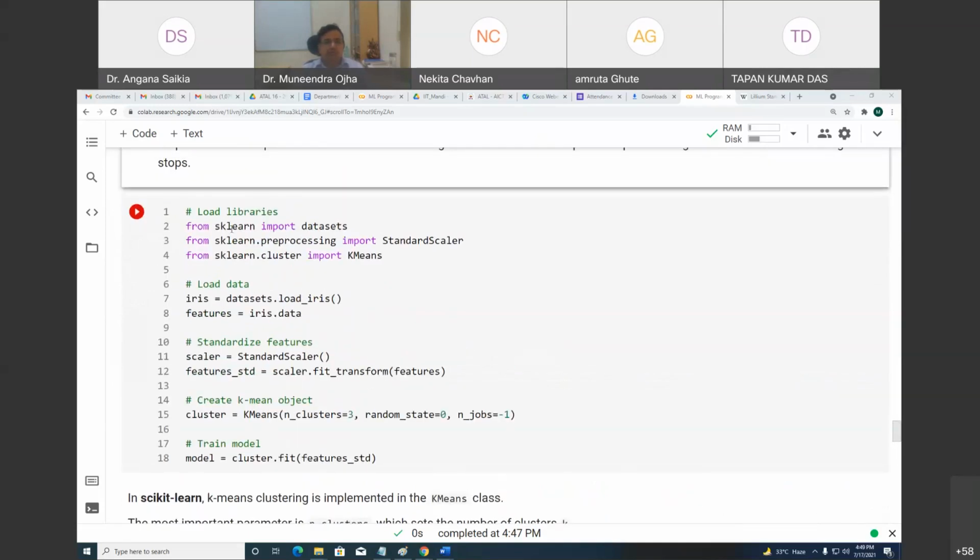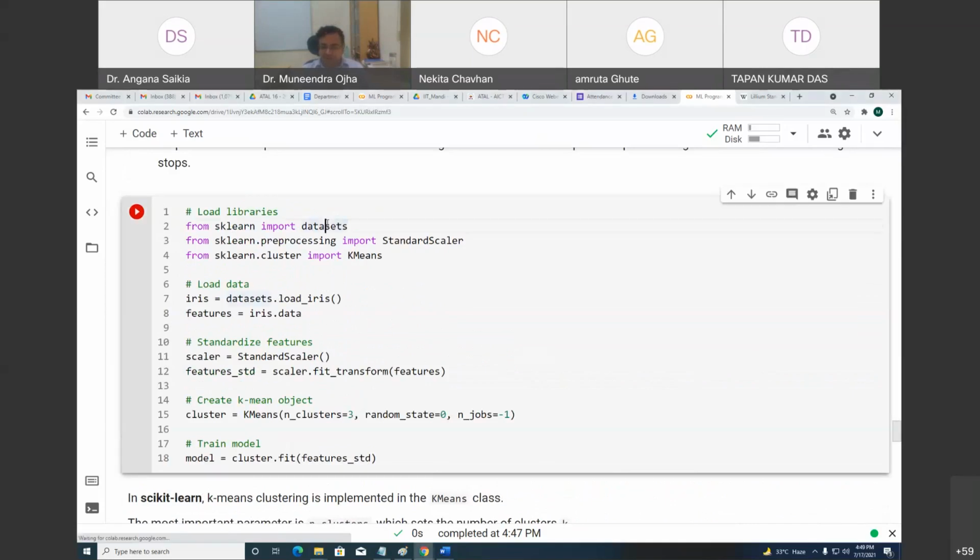So to implement k-means, we import datasets from scikit-learn. We need a standard scaler to convert the values into 0 to 1. Okay. Then we import the KMeans class. So we import the iris dataset, datasets.load_iris. This iris object is created. From this object we load data in the features, and labels, I think labels are not there. So from data itself, we don't need labels, since it is unsupervised, why do we need labels?